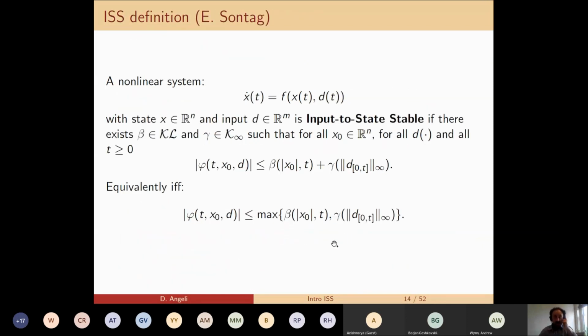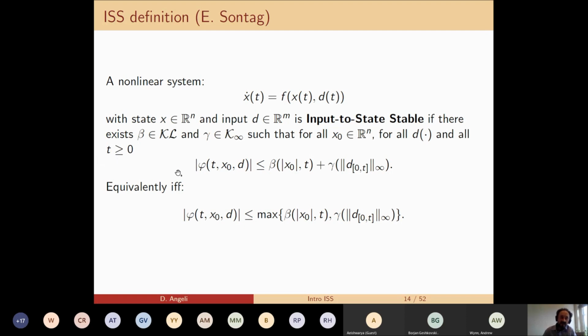Okay, so this is the way we can then really define input-to-state stability. For a system of equation x dot equal f of x and d, with state x in Rn and input d in Rm, in general, we say that this is input-to-state stable if there exists a function beta of class KL and a function gamma of class K infinity, such that for all initial conditions, for all disturbances d, and for all t